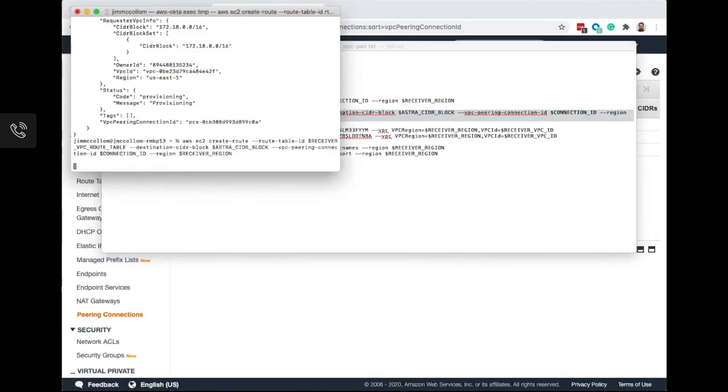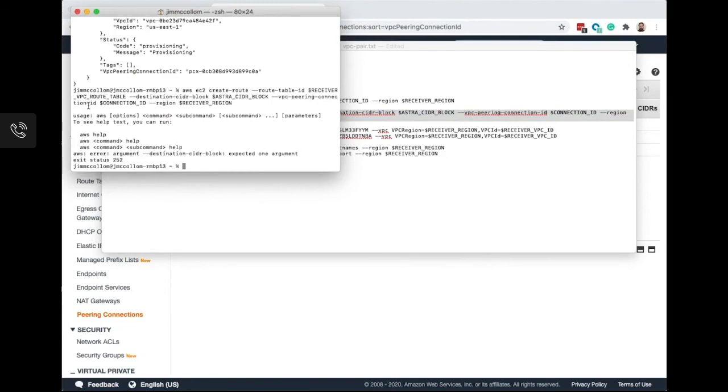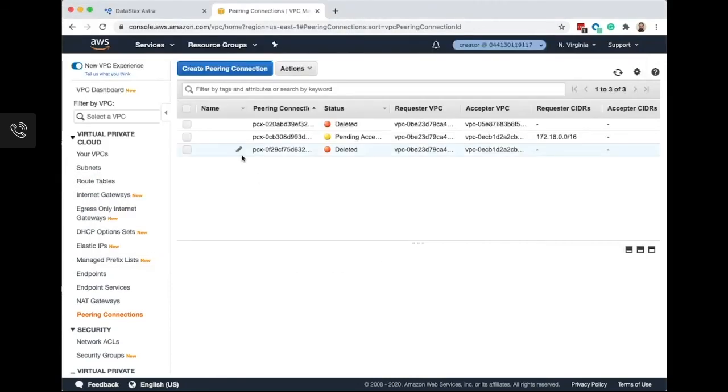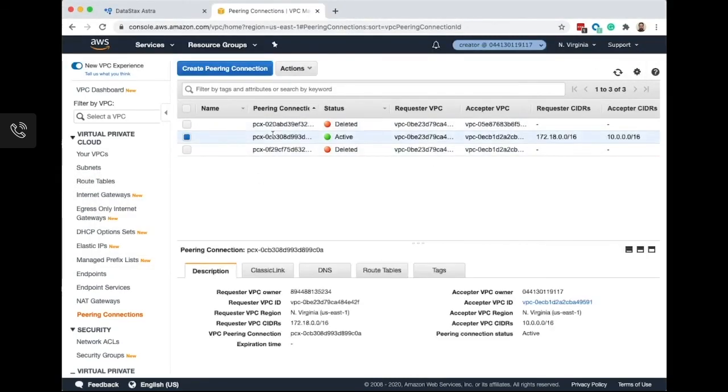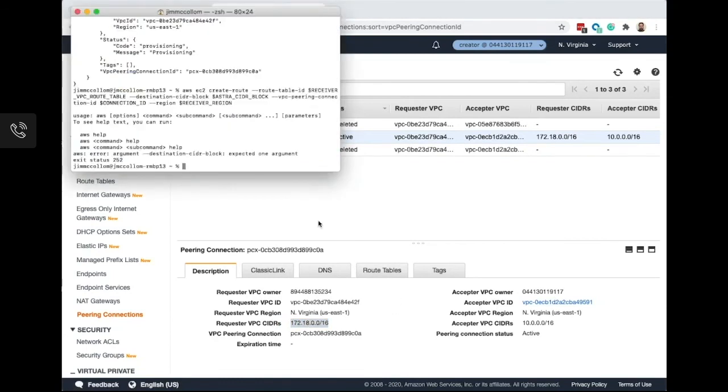Once we run this, we'll get this big JSON block back. We'll go in here and peer off, make sure that we have the right route tables in place. And if you're noticing, I forgot to add the correct CIDR. So I'm going to go back in here. I forgot to get the CIDR range for the other side of the connection. So this is actually the CIDR range that the Astra database lives in.